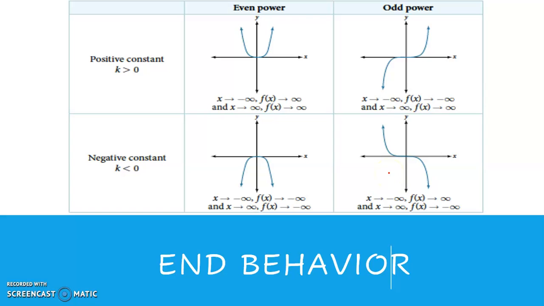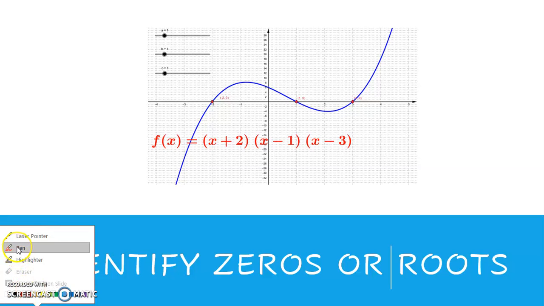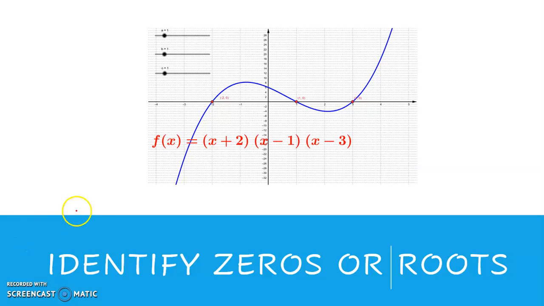So the leading coefficient and the degree will tell you the end behavior and will tell you the number of times the graph will turn, and will give you an approximation of the number of zeros. When we're in intercepts, we can actually calculate those zeros very easily. And we did this again with the quadratics. That's why we always study quadratics first, because they are the easiest polynomial to work with when we're talking about